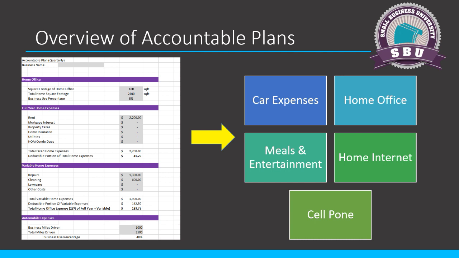What do these include? It includes things like car expenses. Probably the number one thing that triggers our requirement to do these expense reports is automobile expenses. I'll go into this later, but if your client doesn't want to deduct a car, you may not need to do accountable plans at all, which is great. But things like car expenses, home office, cell phone, and other expenses paid for through personal funds are included. The main reason we need them, as I said, is the car and the home office. There's no other way to get the car expenses into the return if the car is owned by the employee, or by the owner-employee.